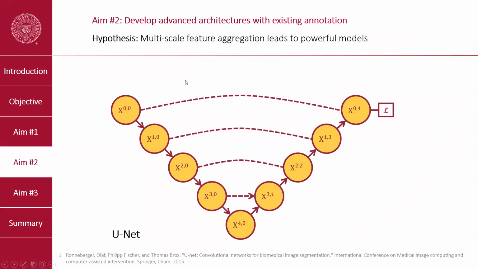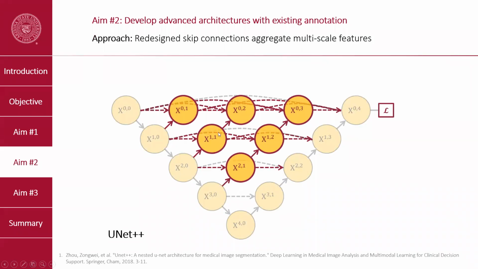As you can see, the model extracts different level of image feature. We hypothesize that aggregating multi-scale feature can lead to a powerful model for image segmentation. Not just the level 4, but also consider level 3, level 2, and level 1 features. We devised and advanced the architecture based on the original UNet. We call it UNet++,